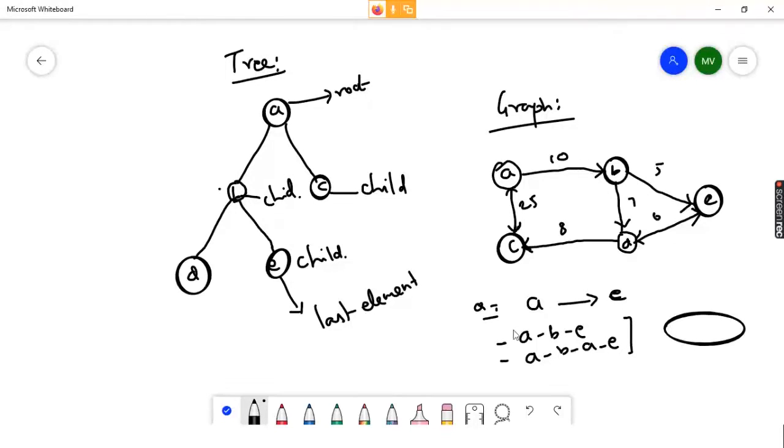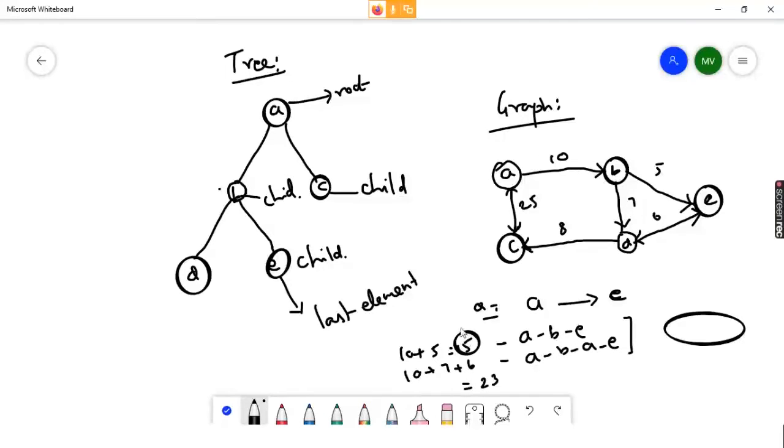Here A to B is 10 and B to E is 5, so the total is 15. The other path, A to B is 10, B to A is 7 and A to E is 6, so the total is 23.